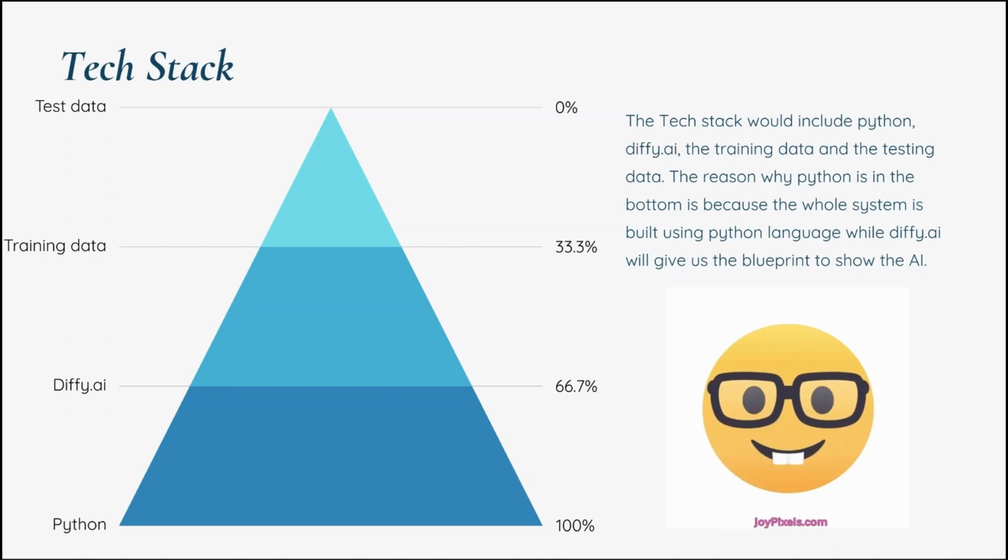The reason why we're using Python is because, as I said, it's one of the main programming languages used by the industry from many different companies, and also because as a group we understand Python more than JavaScript or R. Personally, I don't know what R is. Also, of course, we need training data and testing data in order to fine tune our AI, like how our weekly videos showed that fine tuning is the biggest part of this whole process.